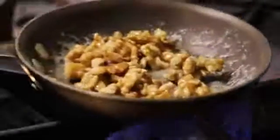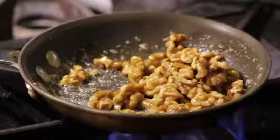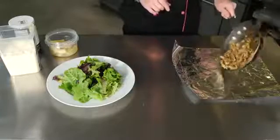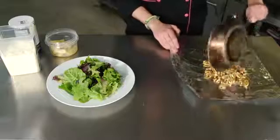And once we've done that, you'll really see the honey is sort of melting over the walnuts, and we'll just toss very frequently the walnuts until they're completely coated. Once the walnuts are coated and the honey is nice and melted, we'll turn off our heat, and then we'll transfer this to a piece of foil to let the walnuts cool. They really need to cool completely before you handle them or add them to your salad, so they really become